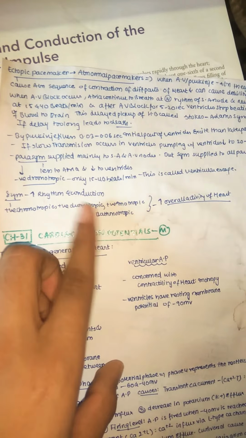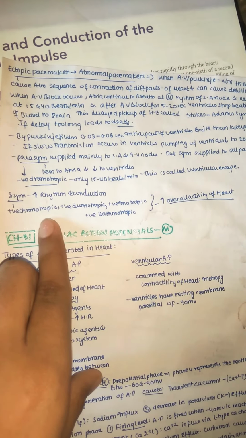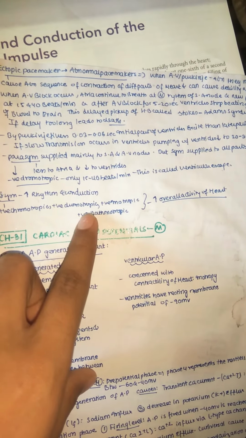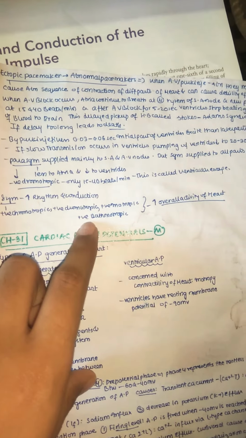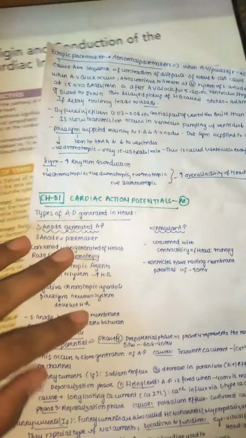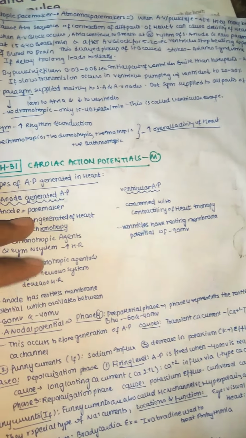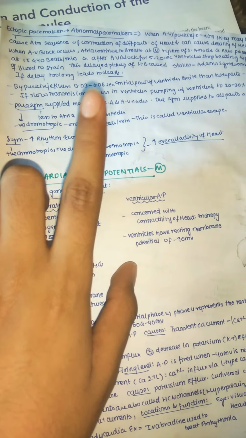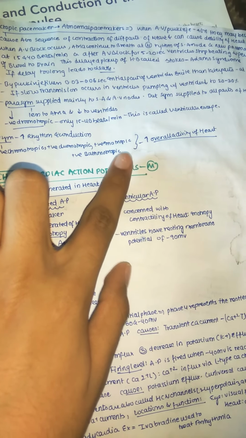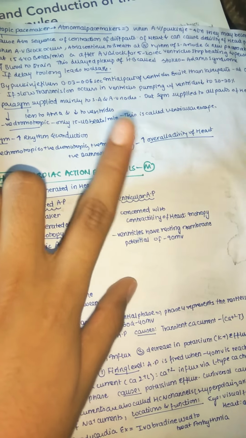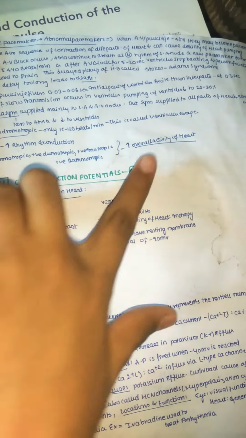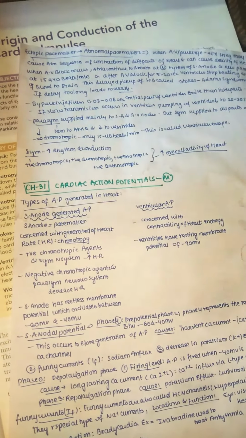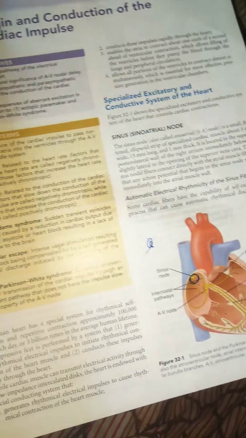Sympathetic means increased rhythm and conduction: it is positive chronotropic, positive dromotropic, positive inotropic, positive bathmotropic. So you can see sympathetic is all positive because it is activating everything. Chronotropic means increasing the heart rate, dromotropic means increasing the conduction, and positive inotropic and bathmotropic mean increasing the excitability. Overall it increases the heart rate; that is our sympathetic. Parasympathetic is a peaceful situation, so it decreases the conduction. So this is how we discussed this very simple chapter.